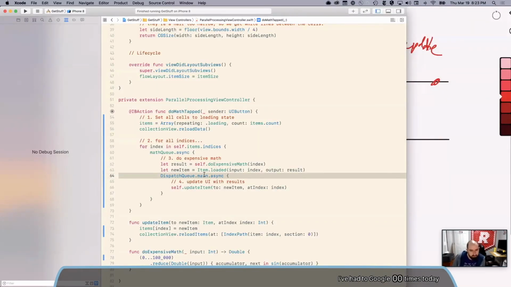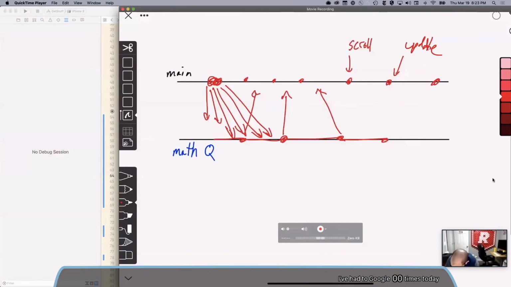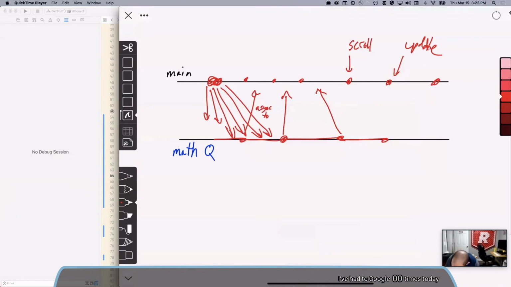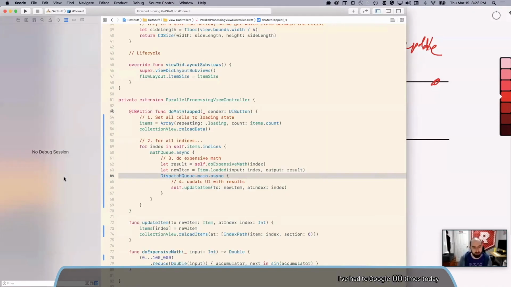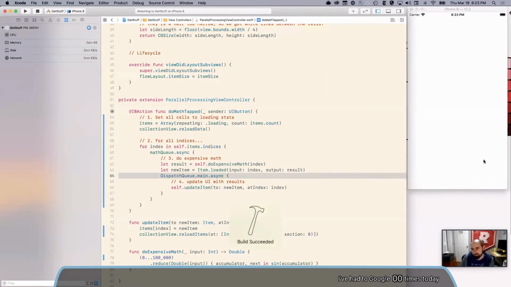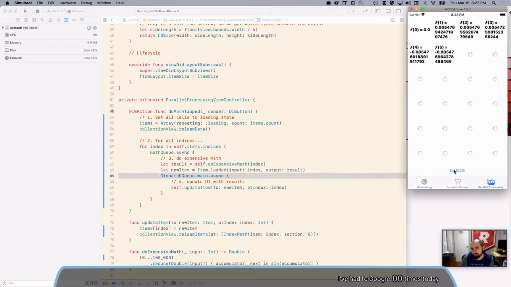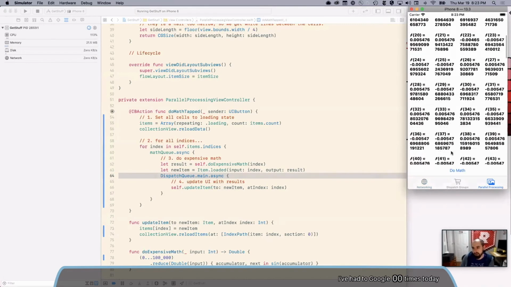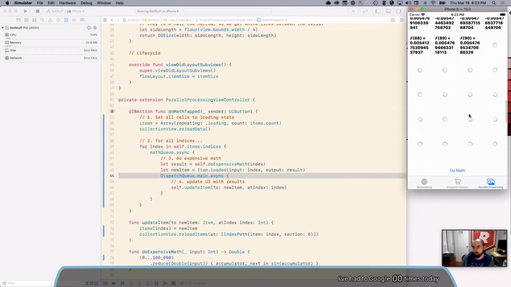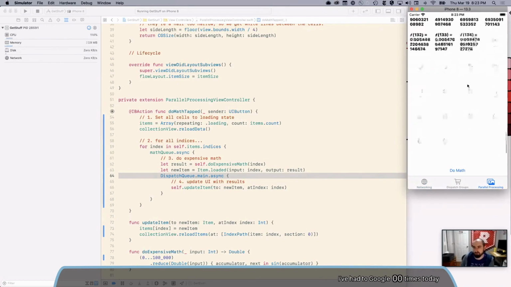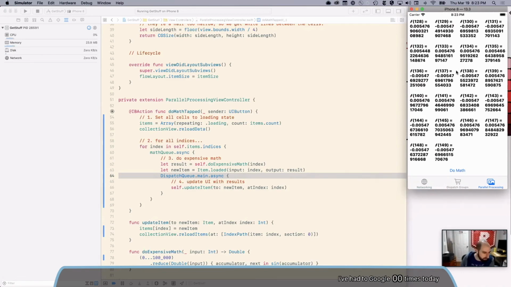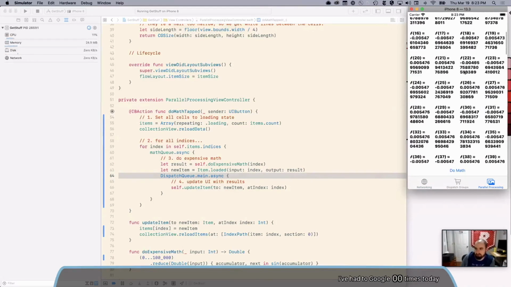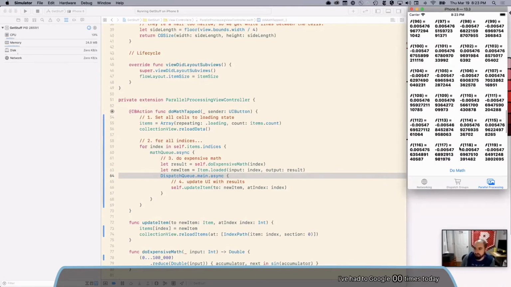And as these things happen, this is dispatch queue main async from off on the queue. So each of these is an async to main. So each of these goes back to the main queue when they're done. At least that's the theory. Let's see what happens. Cool. So now, if I can get ahead of it here, we see them loading in one at a time as they finish. So that's pretty cool. Keeping the main queue happy, says Blue Star Theory. Yes, you want to keep the main queue happy.